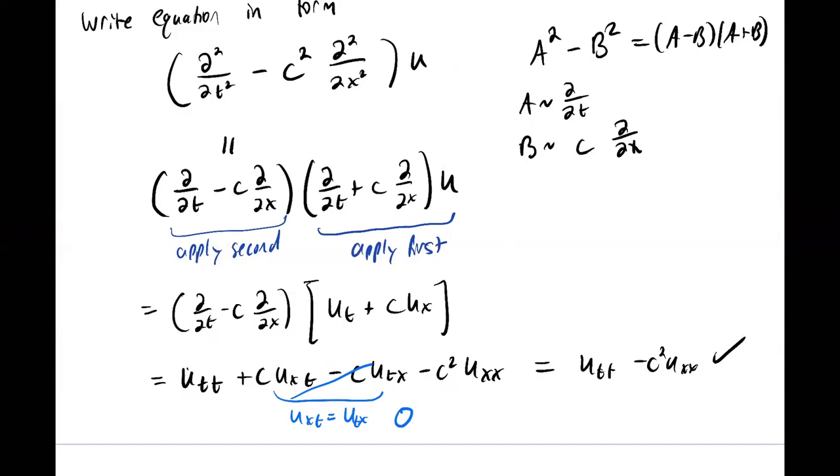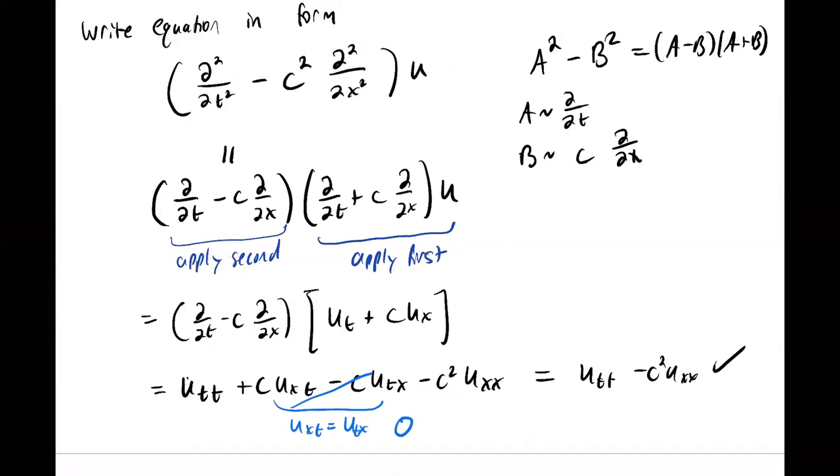And so what this little calculation shows is that this guess related to this formula from algebra is actually valid. So I can actually factor my operator in this way. And so what we just proved here is, which is really just a calculation in taking derivatives as a simple exercise, that the wave equation also has the form